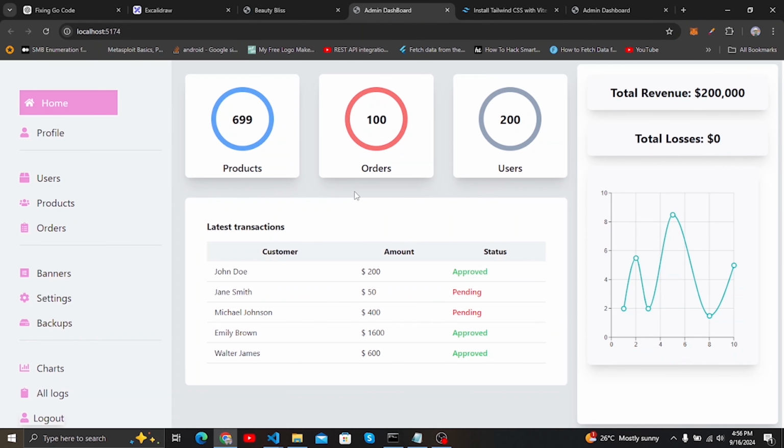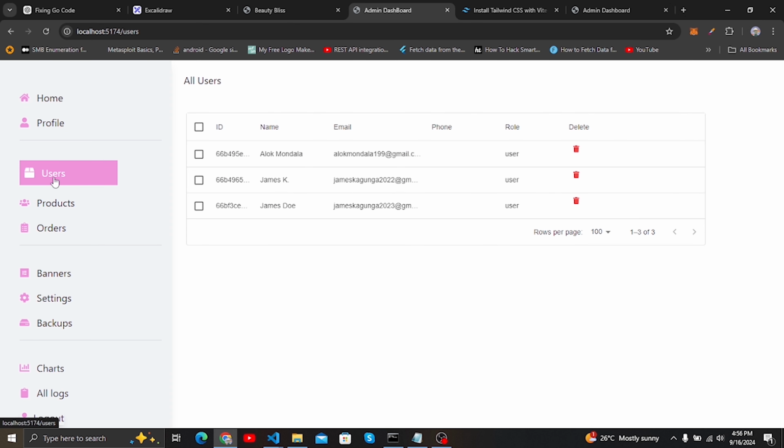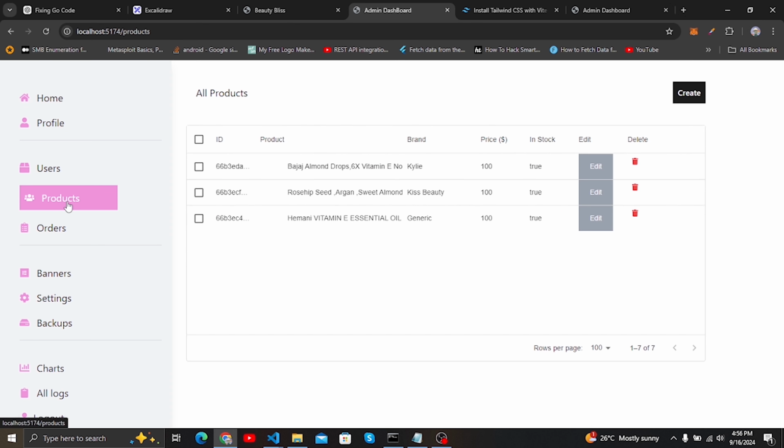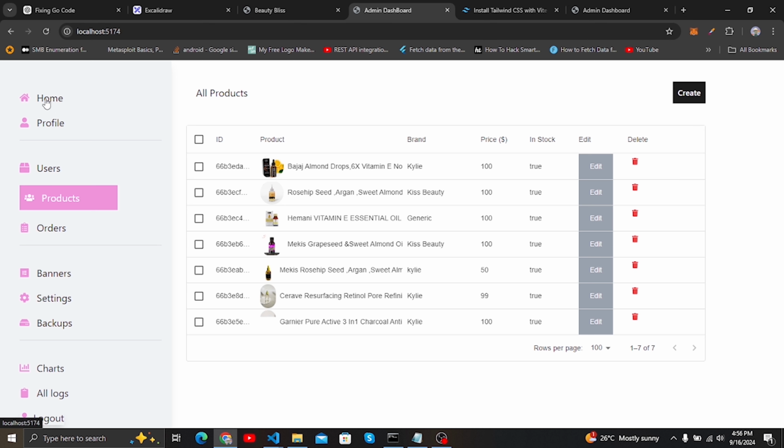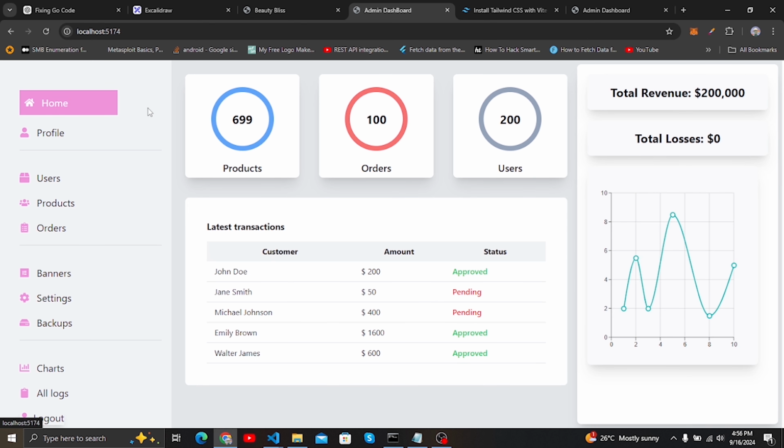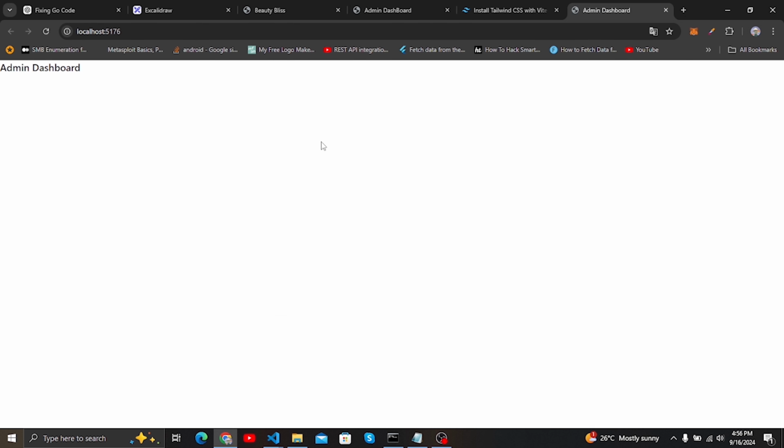So this is what we are going to build, or something that looks like this. And also you'll be able to see other pages like users, products here. So what we are going to look at today is how we can create this layout here using React Router DOM. So our application is this one here, and you can see it's just an empty application,